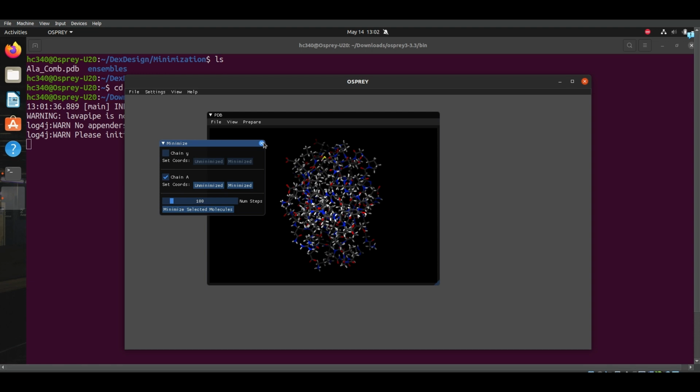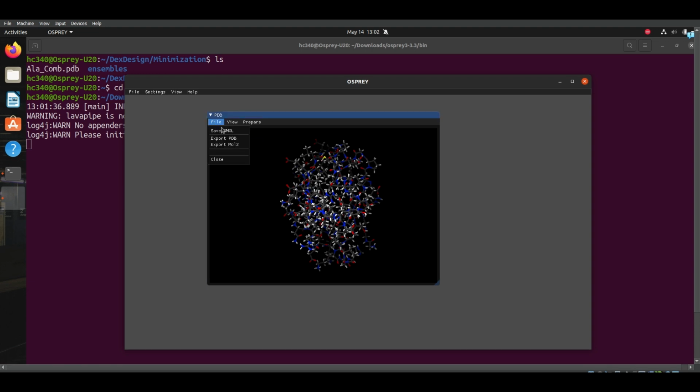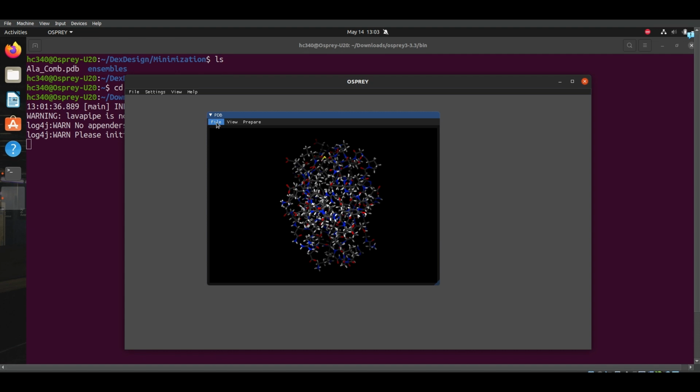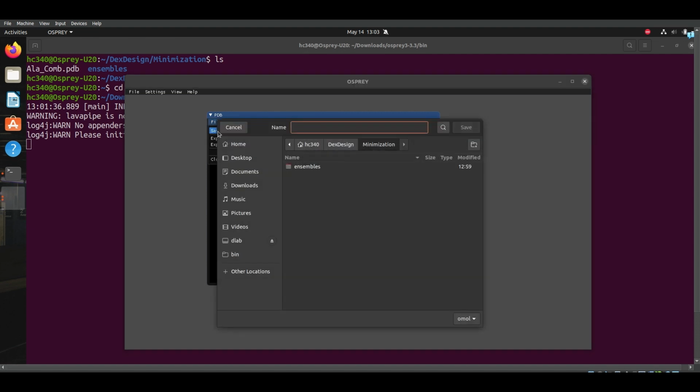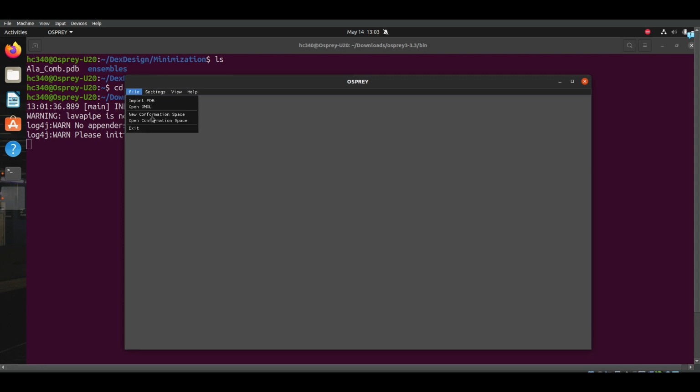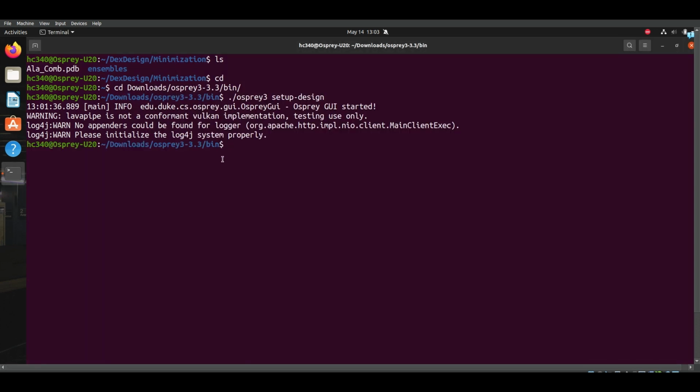So I'm going to close this menu. Then I'm now going to hit export PDB. I'll save this as combinatorial minimized. I'm also going to save again that OSPREY molecule as well. I'm just going to call this as well, combinatorial minimized. File and close. So now that I've done that, I'm going to locate that output PDB file